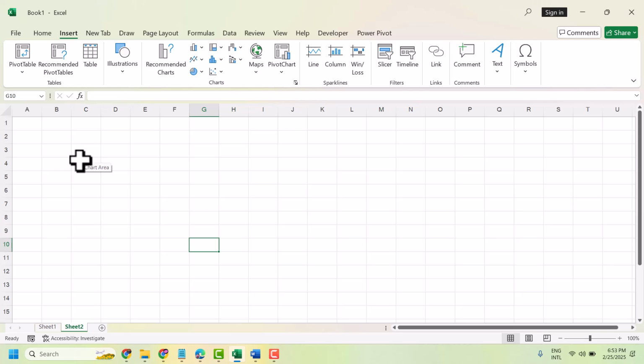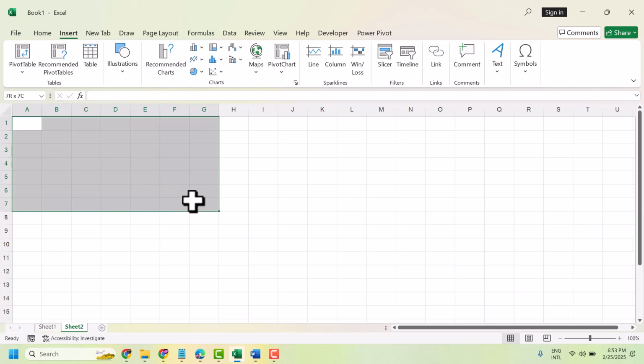Hello friends, in this video I will show you how to insert a column chart in Excel. You can very easily insert it. So firstly you need to select an area like this